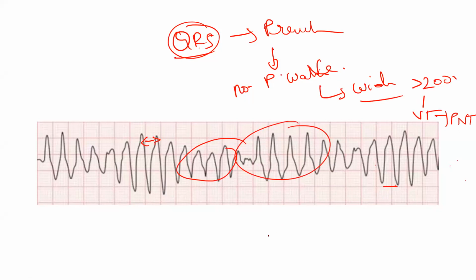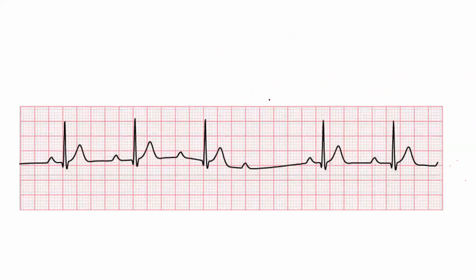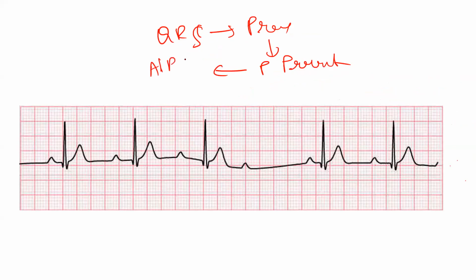Okay, good. Who is the next one to start? Okay, Nina, right? Now it's your turn. There is presence of a QRS complex. Next question is whether P waves are present. Look at the algorithm. Yes, P waves are present. What is the next question? When P waves are present, what is the next question? Are all P waves followed by QRS complexes?